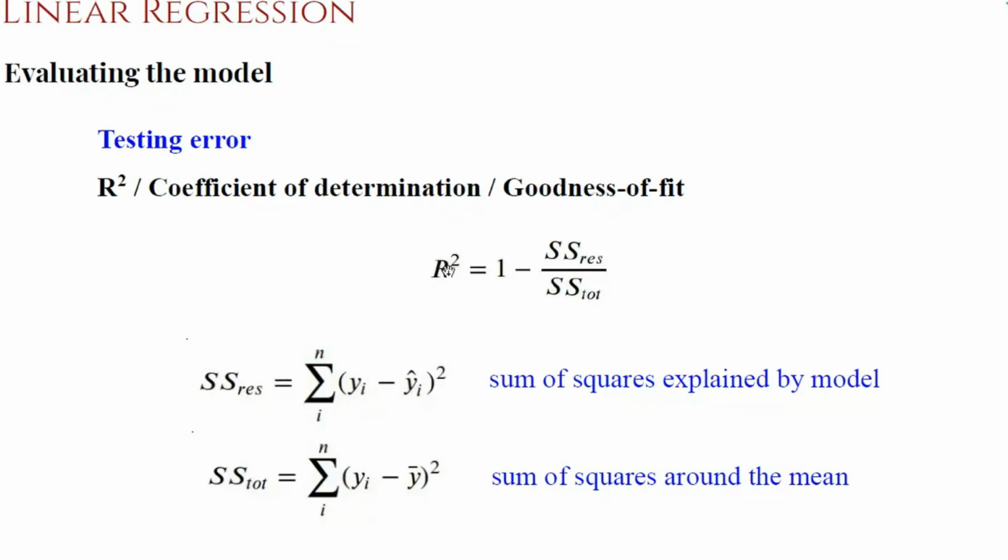That is what we should understand by looking at the value of R square. If it is 1, our model does not have any error. It is giving the exact prediction, which is not ideally possible. But let us assume if it is 1 or close to 1, our model is best performing.